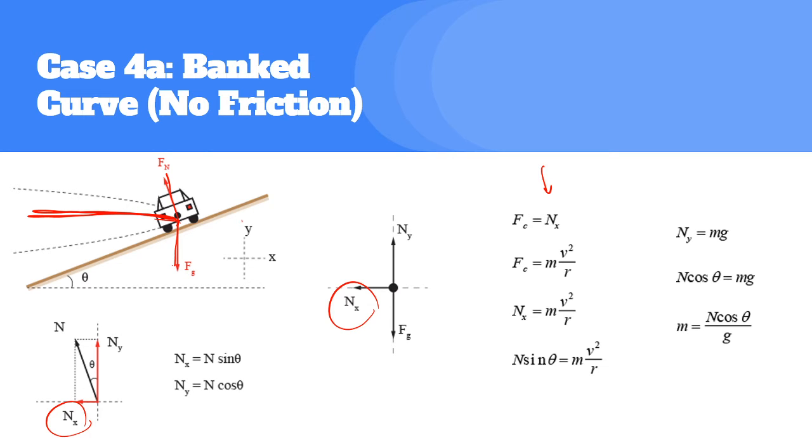One thing that you guys need to be careful about in this scenario is that your x and y are regular x and y coordinates. So normally when we were talking about an incline, we were basically tilting the x and y, but to be able to actually solve for the centripetal force, you do not do that. You just keep the x and y coordinates as they are, and your Fg is still just going in the y direction. Your Fn is going to be the force with an angle, so you need to find the components